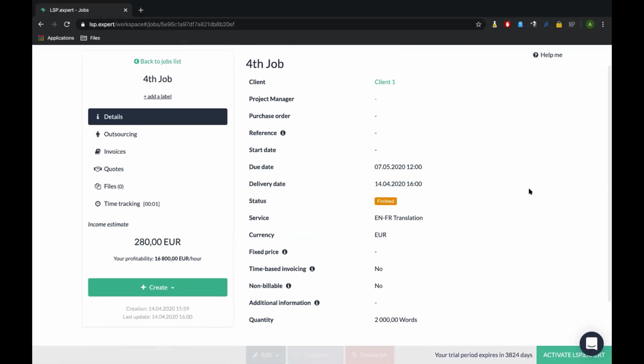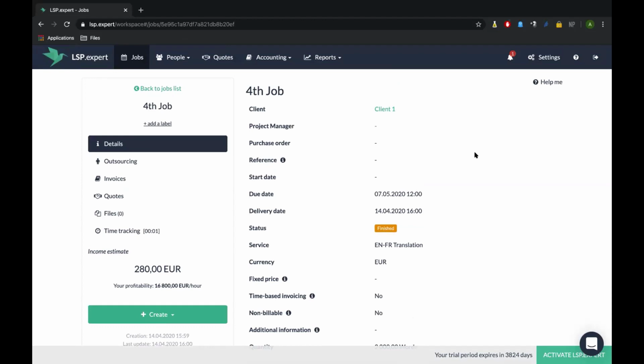For example, if you know that you have been working 10 hours on a 2,000 word job, it means that you haven't been really productive, but that maybe you haven't been paid enough because maybe the text was really much more complicated than you thought it would be. So that's important to just check sometimes how efficient you are on your tasks and what you can do better, again, to really focus on what you're good at and what you really enjoy.